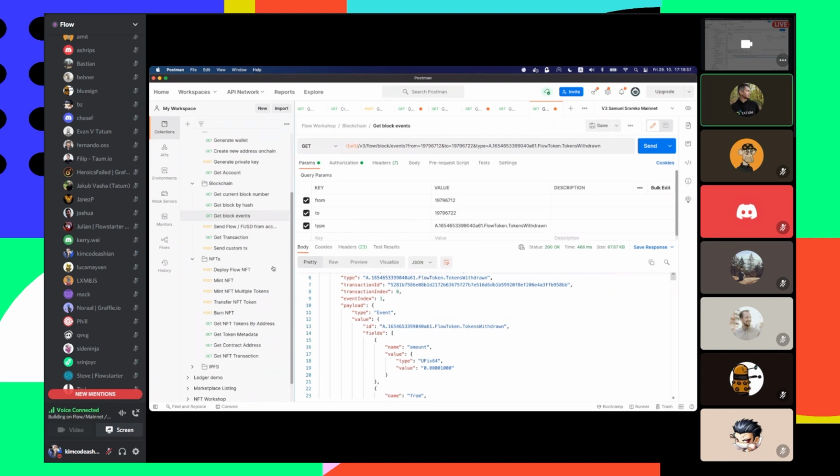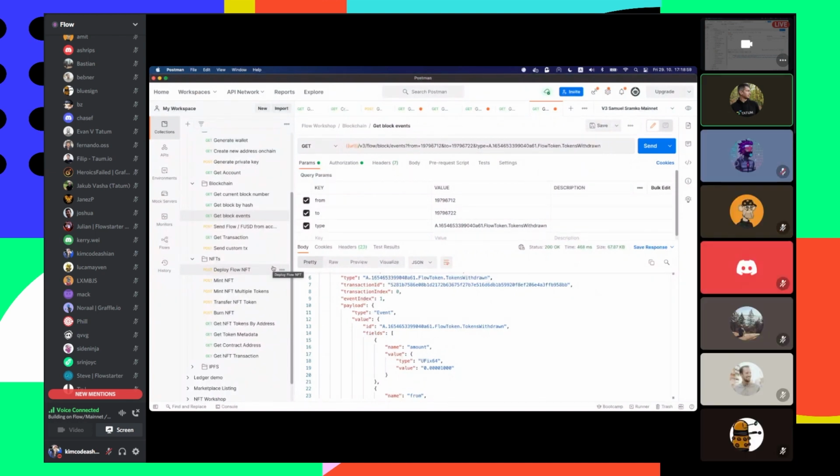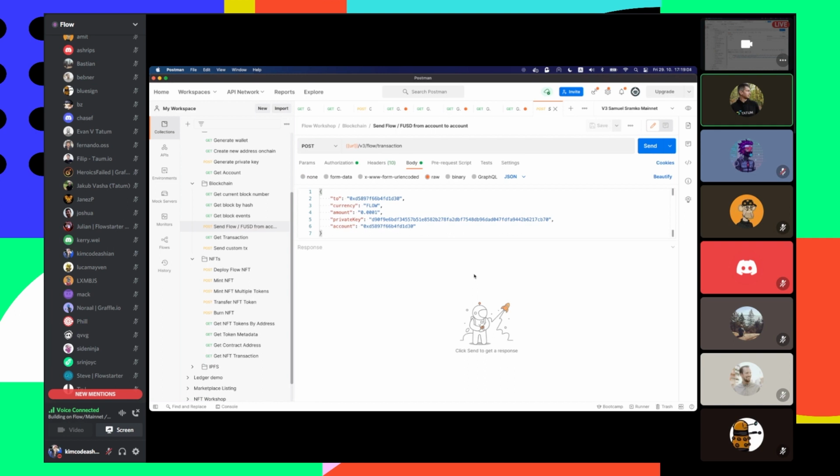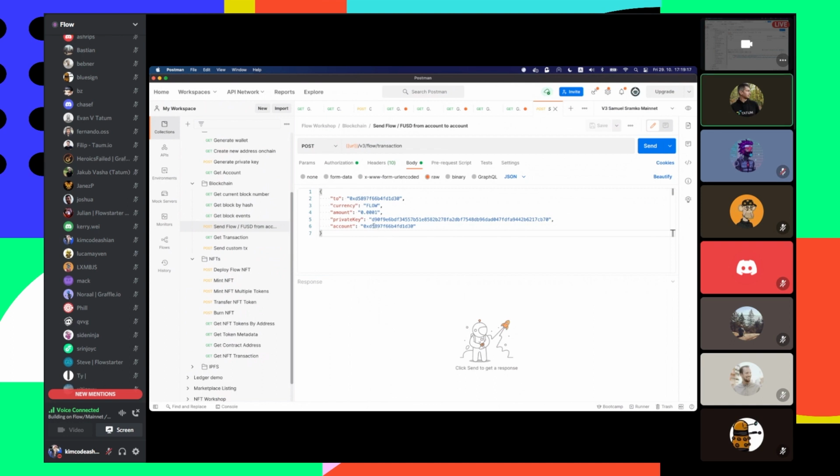The last 2 operations in this section are actually performing a simple transfer of the flow tokens from one account to another. We have created quite a nice, let's say, abstraction or simplification for you, where you just enter the account and the private key from which you want to transfer the assets. You tell how much of the flow you want to transfer to the recipient,